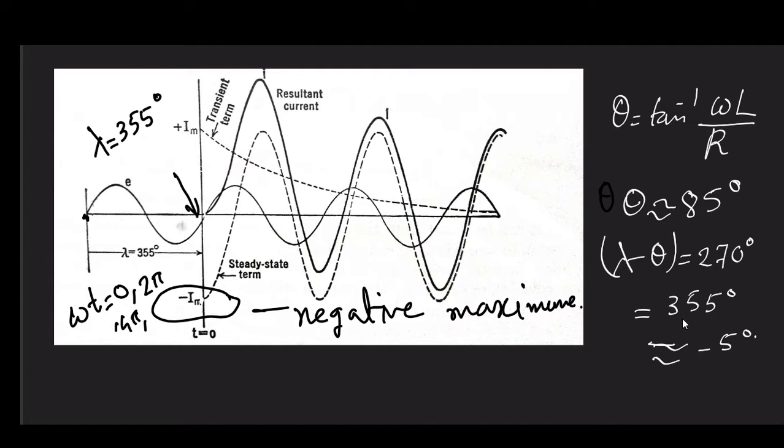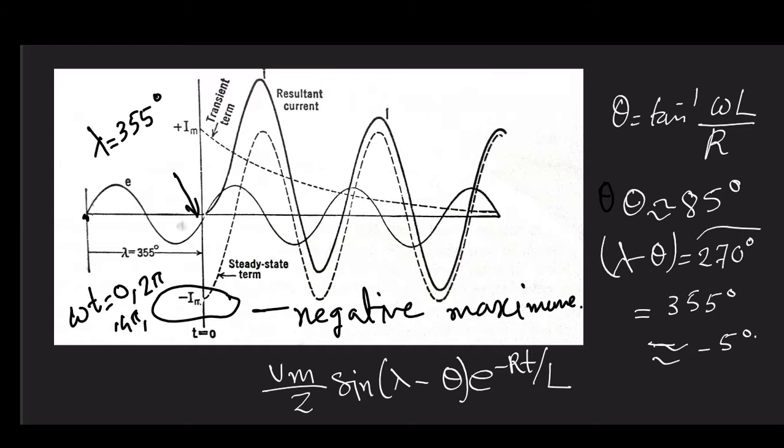Now another thing, what about the transient current? What was the expression for transient current? Expression for transient current was like, let me write only the transient expression, it was Vm by Z. So here lambda minus theta, how much we have taken? It is 270. So it is Vm by Z. So it is very interesting thing to note that at t is equal to 0,